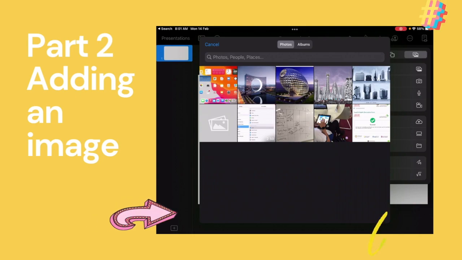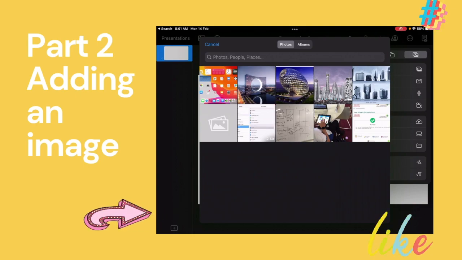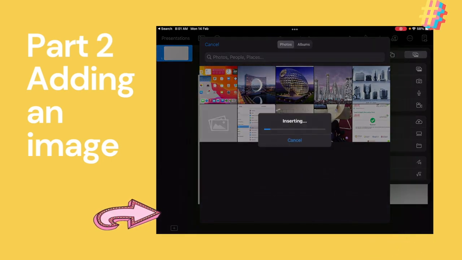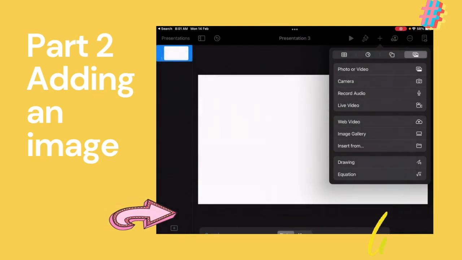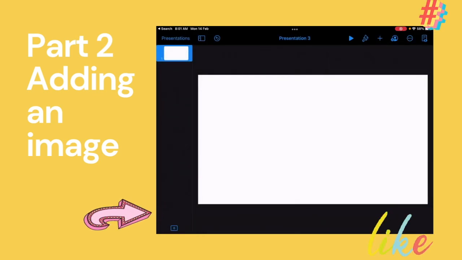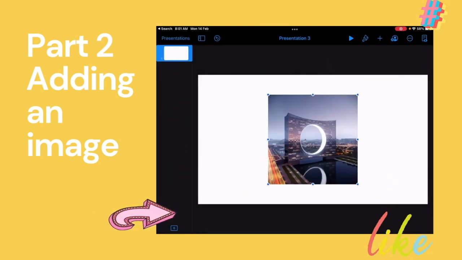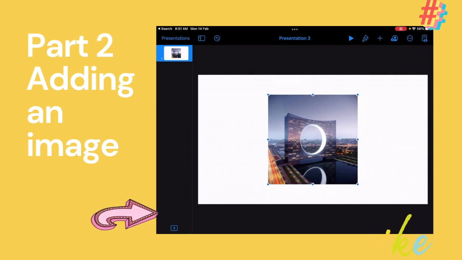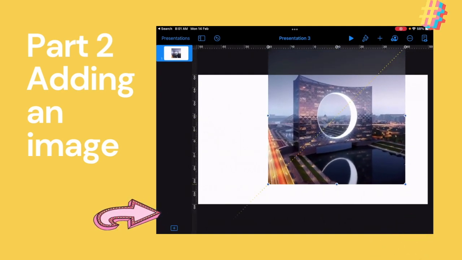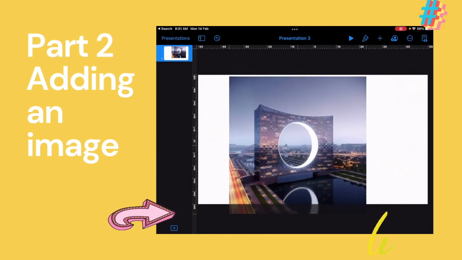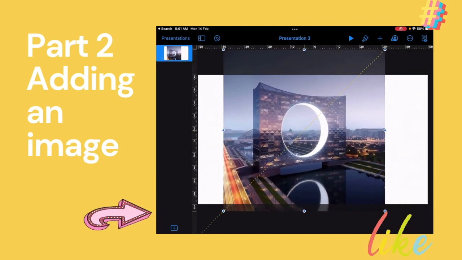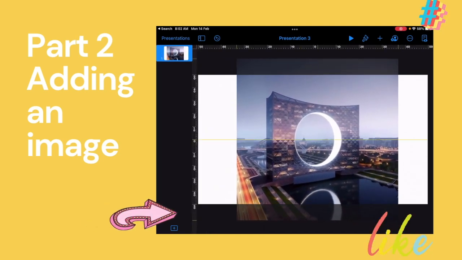As you can see, I've got quite a few choices of images of buildings, so I'm just going to select one of those pictures, and it should add that to my presentation. The next thing we want to do is scale the image, and as you can see, those blue dots on the corners allow me to stretch the image to the size that I want it to be. Once I'm happy with the size and the position of it,